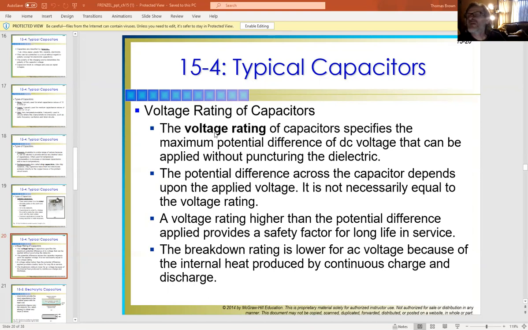And the most important one for us is the voltage rating. You never want to exceed it. The maximum potential of this thing is the maximum potential. If it says it's 10 volts, that's it. So if I put a 20-volt supply across a 10-volt capacitor, it's anybody's game as far as what's going to happen here. There are safety factors we can put into that, but in the beginning, in our early circuits, no, if we exceed it, it's going to break down,